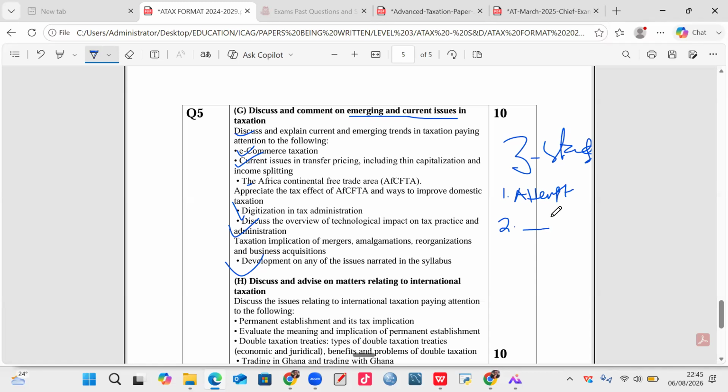Then when I get stuck in the middle, I'll refer to the lecturer's solution. Then I'll continue solving the same question. Then the last one, which is the 3rd step, is I will solve the entire question on my own without referring to the lecturer's solution, regardless if I get stuck. So the 3rd one, if I'm able to solve the question on my own, whether when I finish I get the same lecturer's solution, or I didn't get the lecturer's solution, but the format was okay, I'm okay.